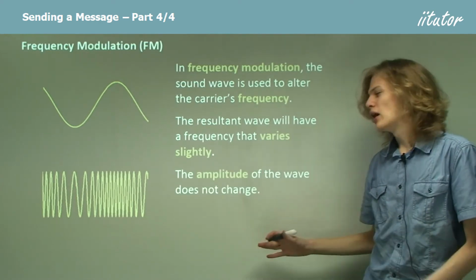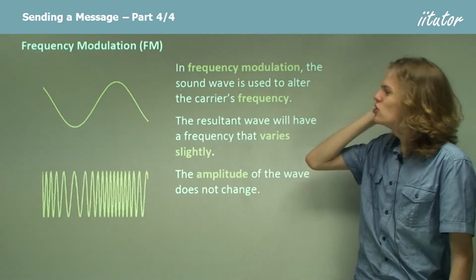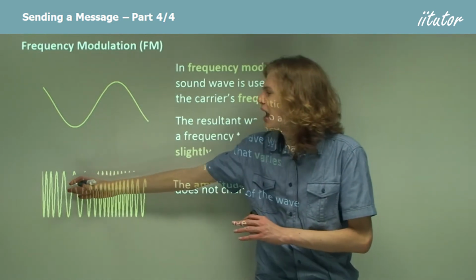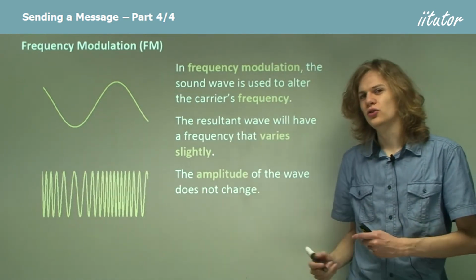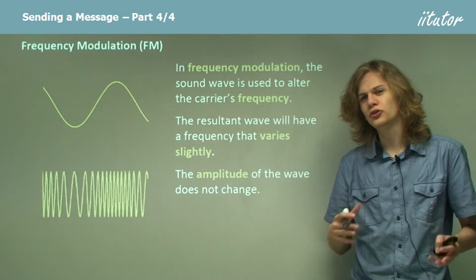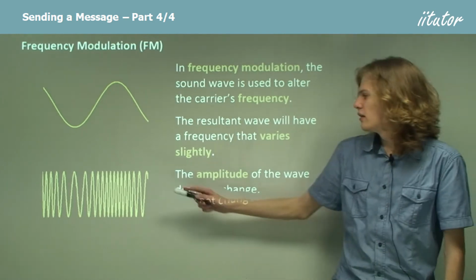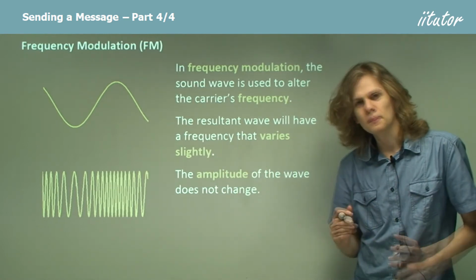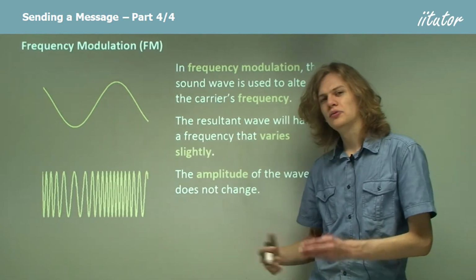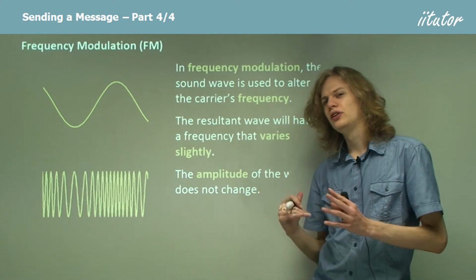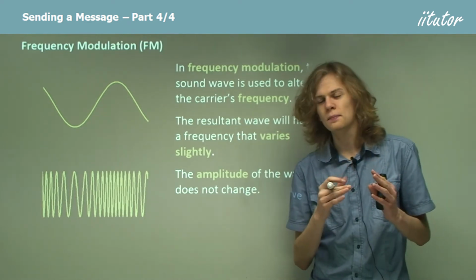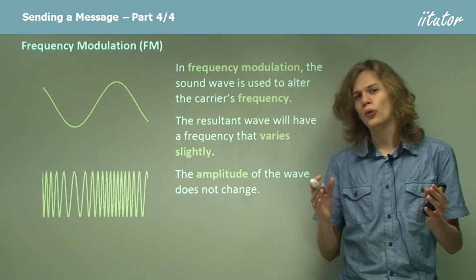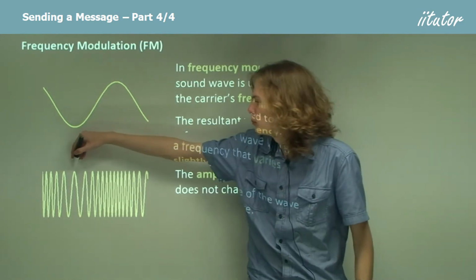Now the amplitude of the wave doesn't change, which means that no matter how the amplitude changes due to outside sources of interference or distance from the radio station, we'll still retain that modulation in frequency. It does mean, however, that we have to have a radio that's sensitive to more than just one frequency. It has to spread out over a short range,